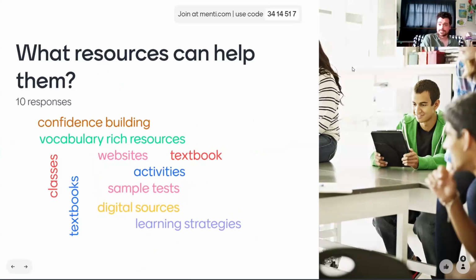Build their confidence. Yeah, I think a lot of us have students who actually their language capabilities are very high, but they just need someone to encourage them, to build them up. Great. Yep. Websites, sample tests, digital sources, learning strategies. Great, guys.